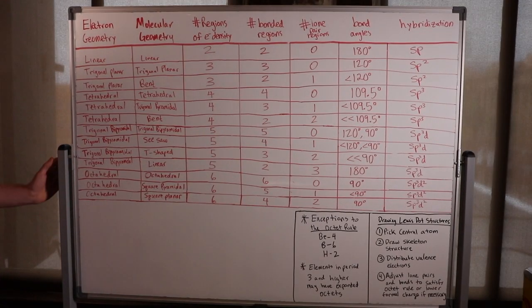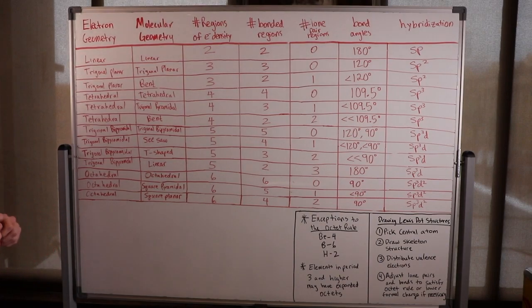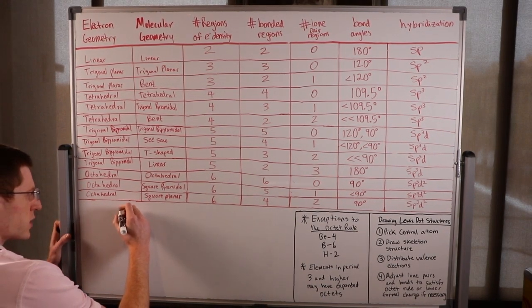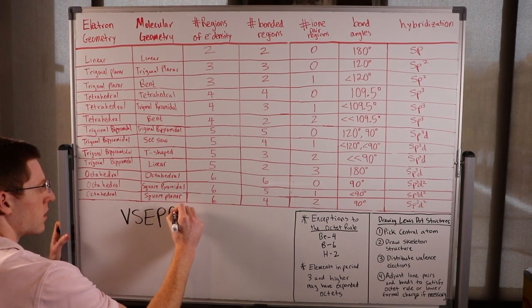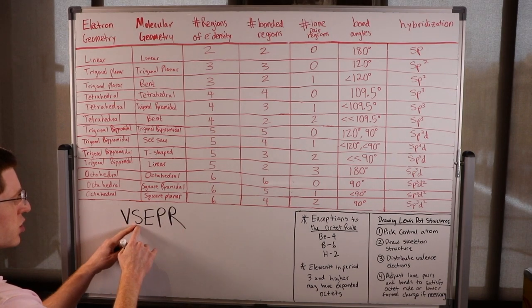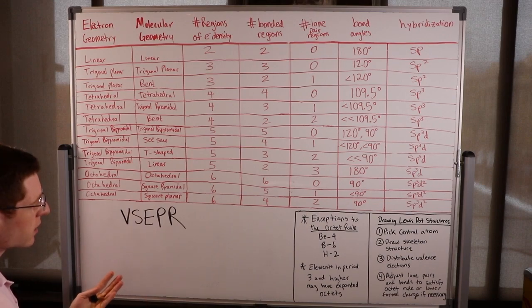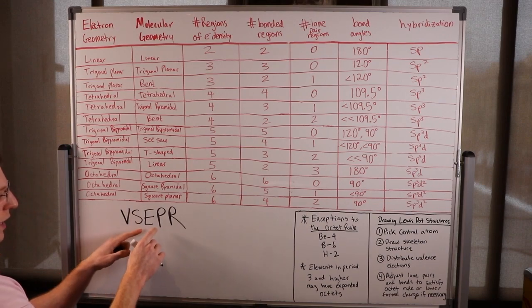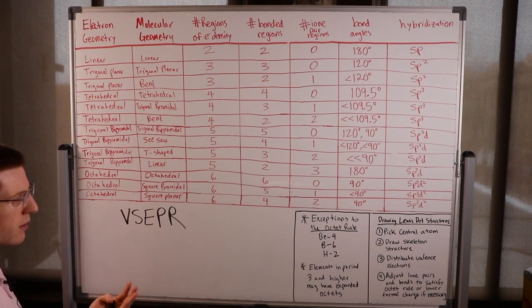Hey guys, in this video we're going to talk about VSEPR theory and how it allows us to predict the shape of molecules. So how does this work? Well, first of all, what does VSEPR theory mean? Well, it's VSEPR, valence shell electron pair repulsion. So what does that sound like? Well, it sounds like we've got electron pairs in the valence shell that are repelling each other, and that's exactly